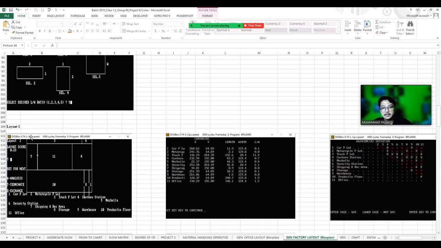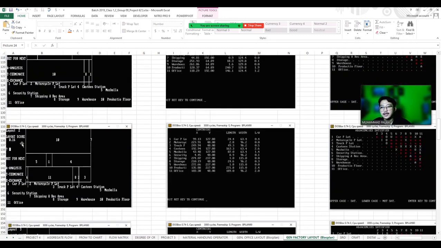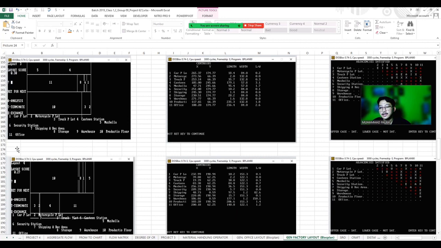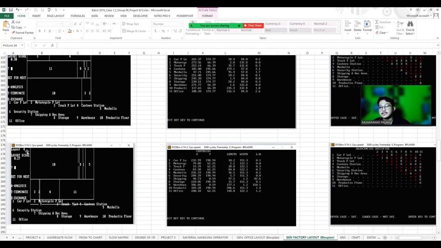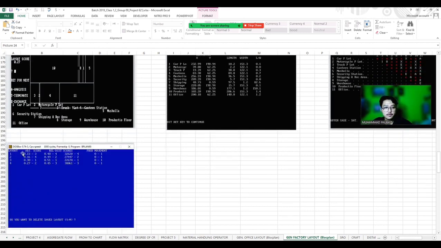So we have the iteration for layout 1, with a score of 0.23, and then layout 2 is 0.16, layout 3 is 0.30, and the last one, layout 4, is 0.27. After that we calculate all layouts and compare which is the best result as the recommendation for our best layout.